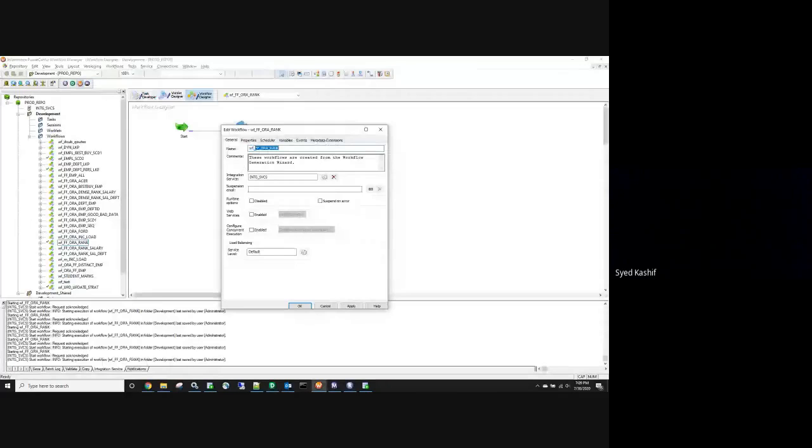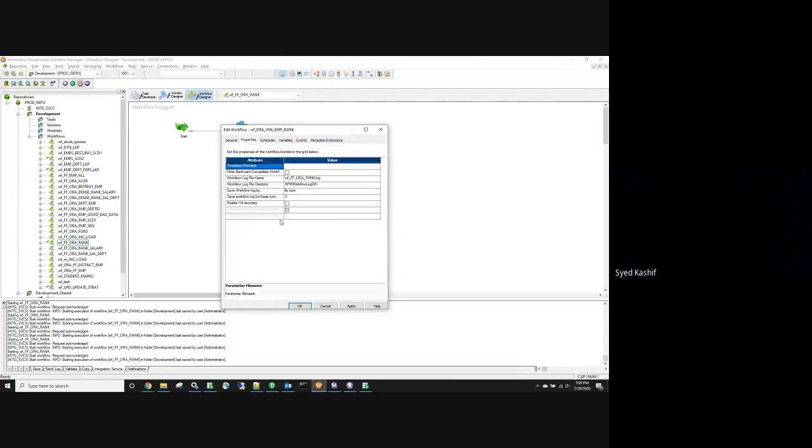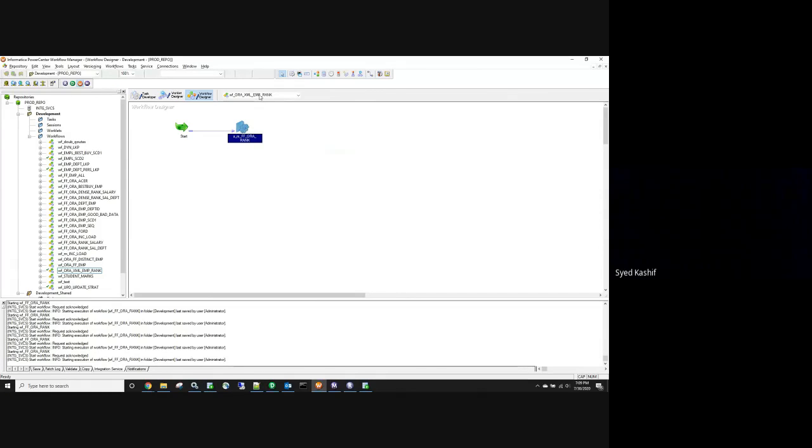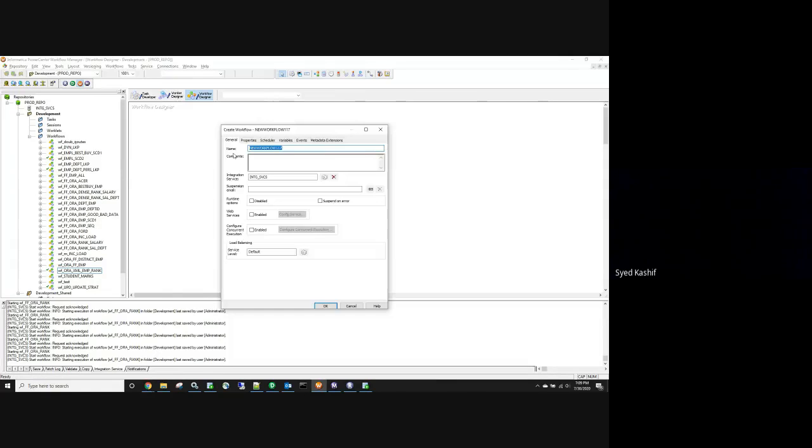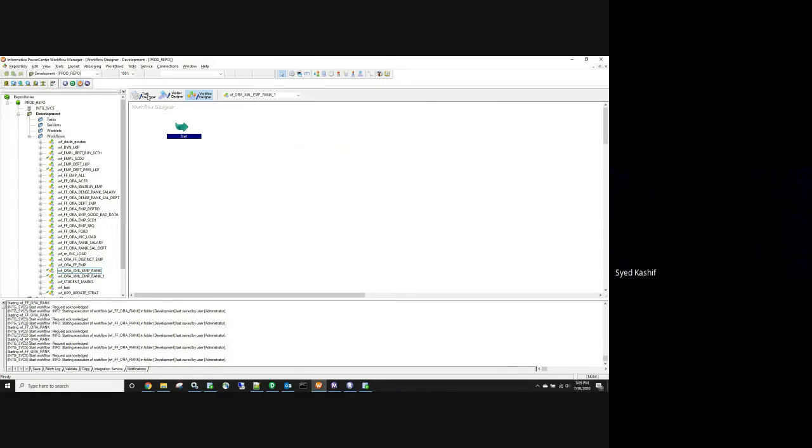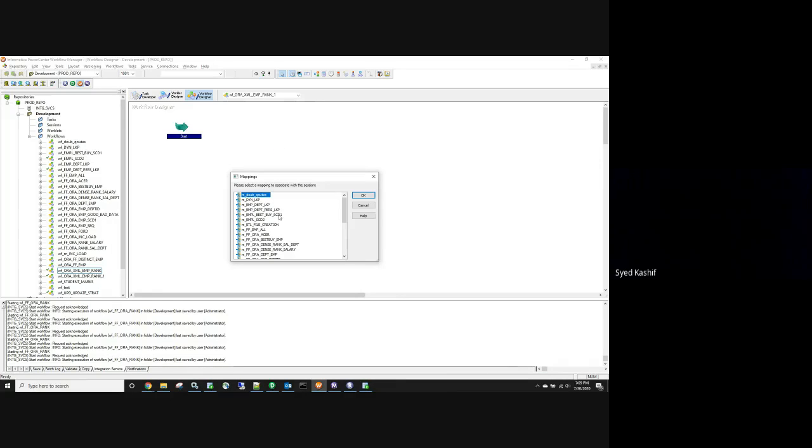You'll get this option. This workflow is created by... Okay, so go to property. No, okay. Oh no. Why did I change workflow create? WF underscore. Just put 1 at the end because I already had one. Okay, now I will create a session and